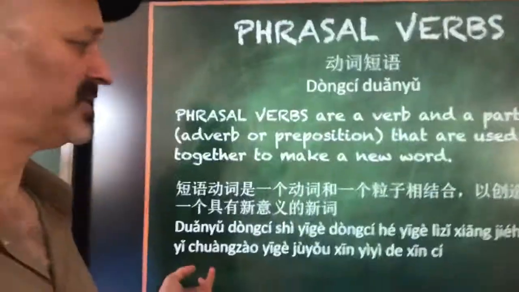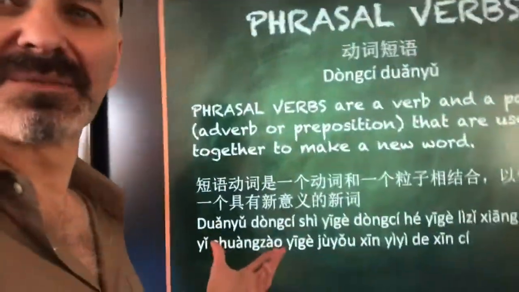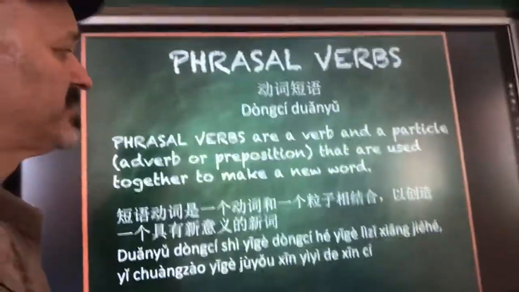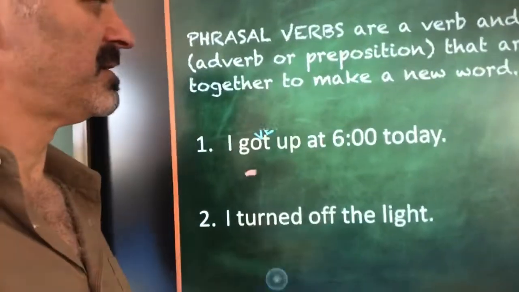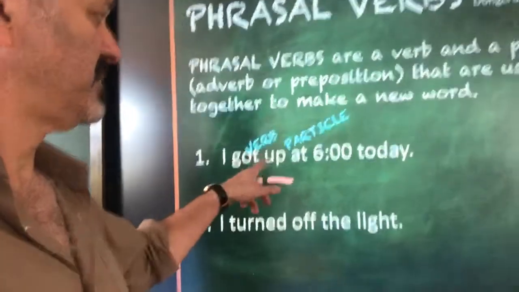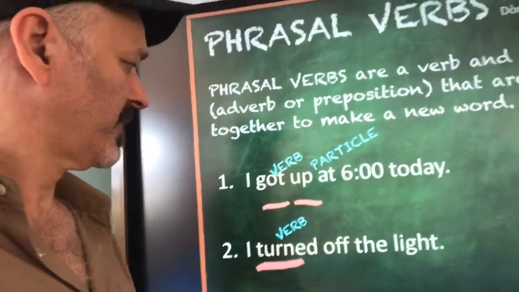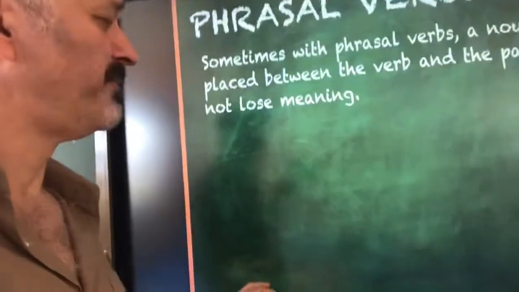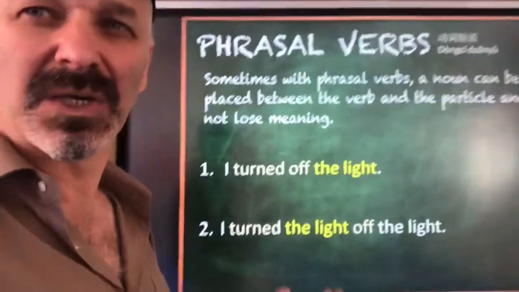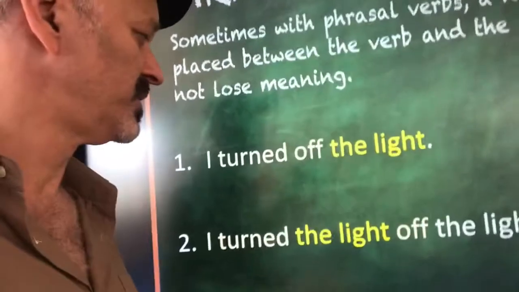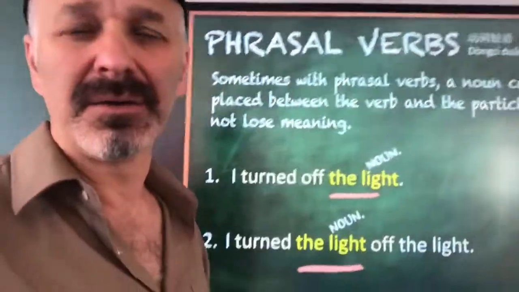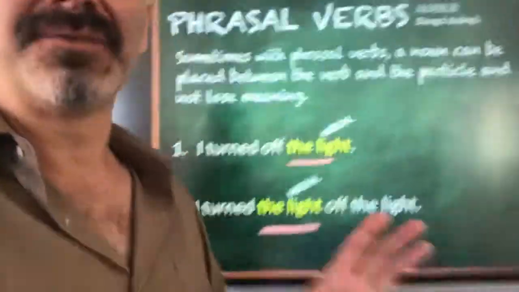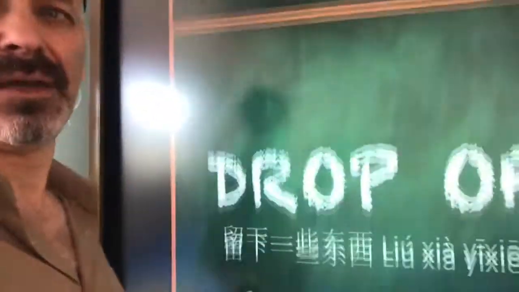We give them the Chinese definitions. I don't know exactly if this explains it as well as it could in Chinese. Usually the students don't have a problem with it. And I make the distinction, the important part of it is you've got a verb and a particle. But really the important thing I want them to take away from talking about phrasal verbs is this thing you can do with the noun: how you can take the noun and put it between the verb and the particle. That's really the takeaway I'm hoping they're left with when I talk about drop-off and pick-up.